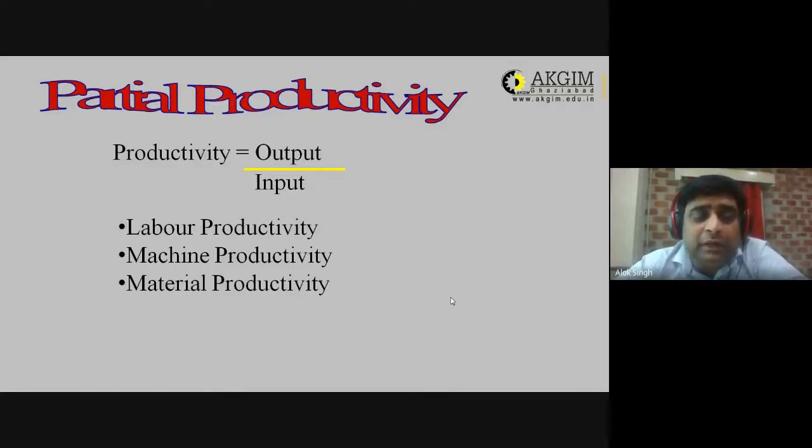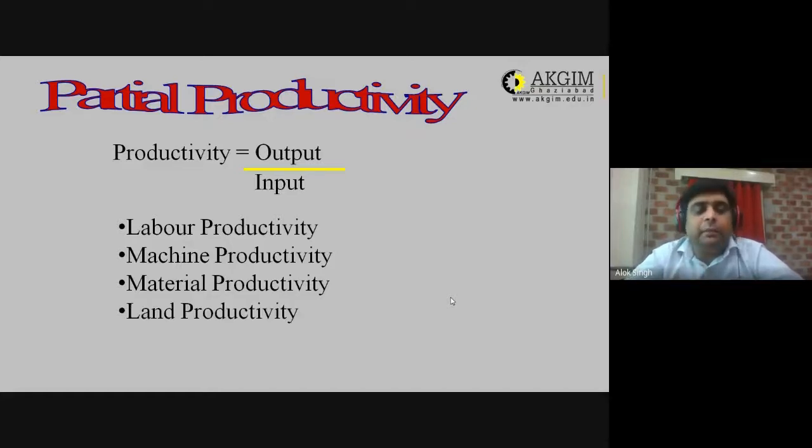Similarly, next is material productivity. What is material productivity? How much input you have deployed to generate a particular product, and what is the output? Like a car is made up of 30,000 components. If all the 30,000 components are operational, then only you will get a defect-free automotive product. So you need to ensure total material productivity, meaning all the raw material that you have deployed to produce an automotive product should be in functional stage. If any one part does not work, the car would not be in functional stage. That's why you need to ensure the material productivity.